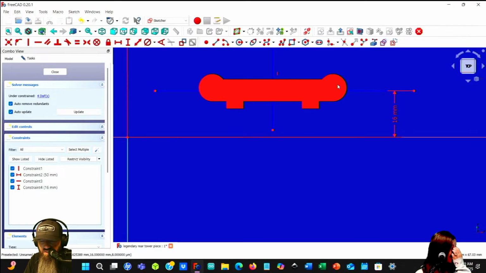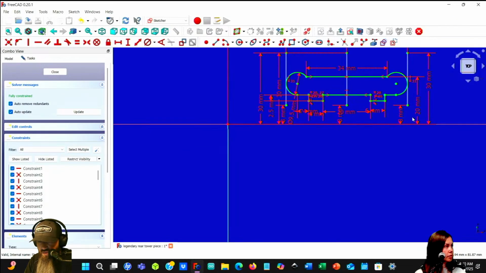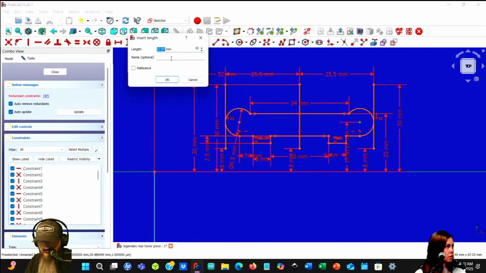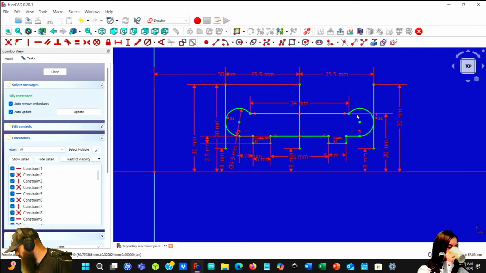Now the problem is that these holes are not centered. So before we do that, I'm going to go back in here and define this point in space. We're going to see that point is 17.07 millimeters up. Okay, so 17.07. I don't have it.